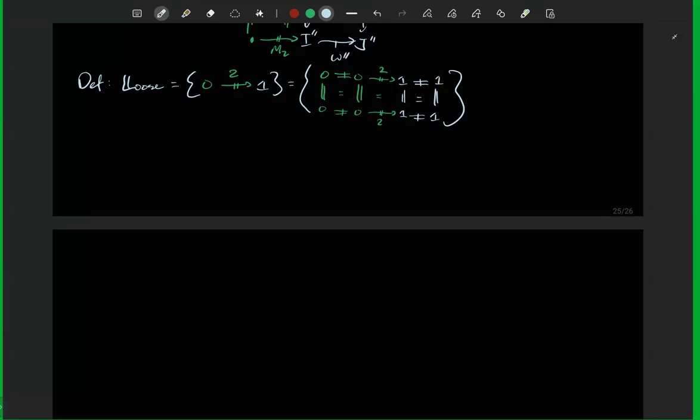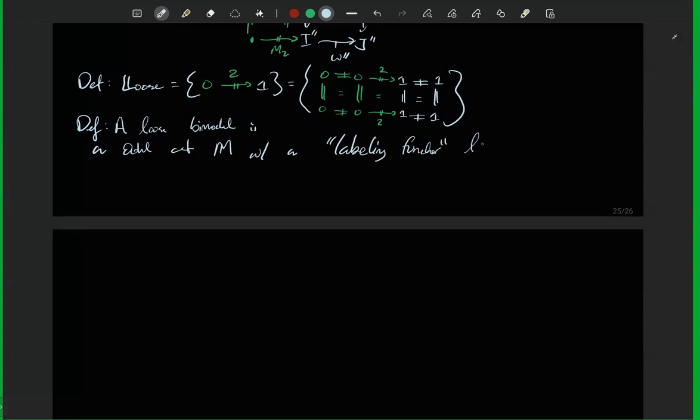And then what we could say is that the definition is that a loose bimodule is a double category M with a labeling functor L, which goes from M to loose,